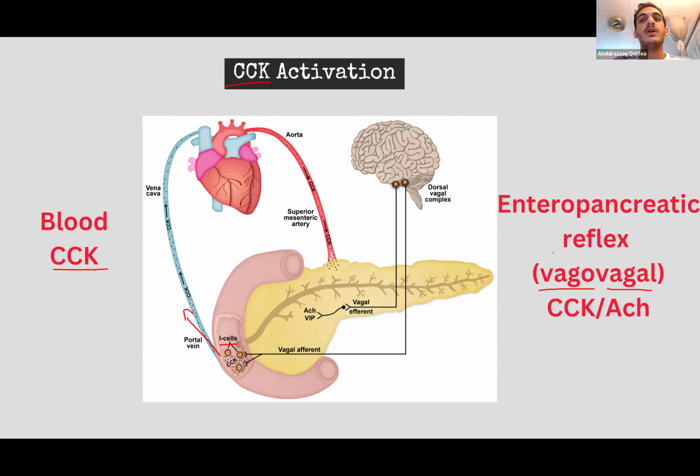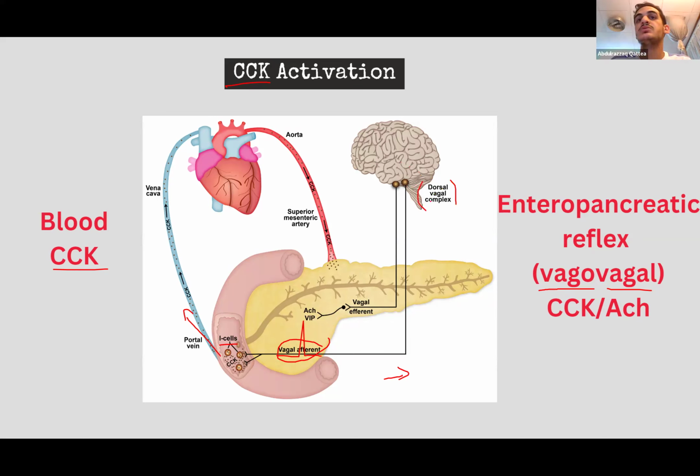Okay, this pathway does not use arteries and veins. This time, the CCK will try to go into the neurons. So basically, when the CCK goes, it will bind to the vagal afferent. When we say afferent, it means a neuron going to the brain, okay? So the vagal afferent will take the CCK to the brainstem and the dorsal vagal complex, and the